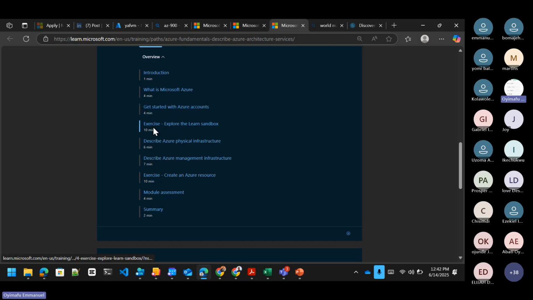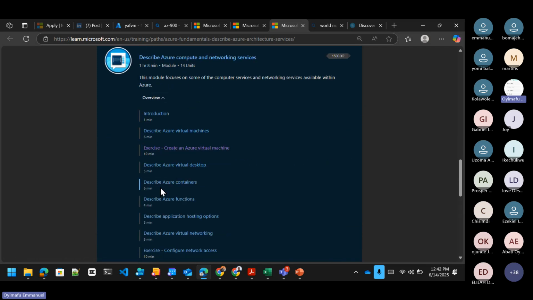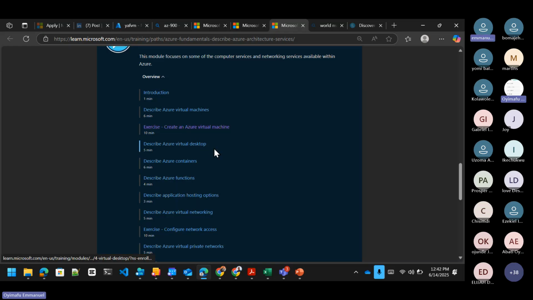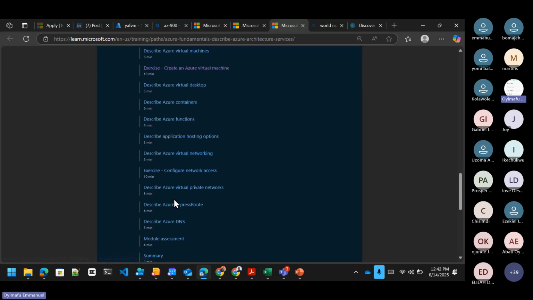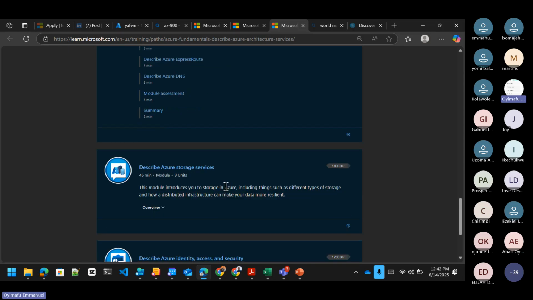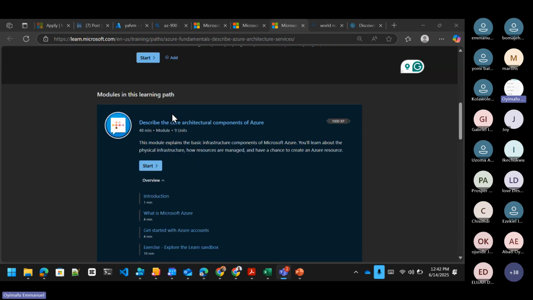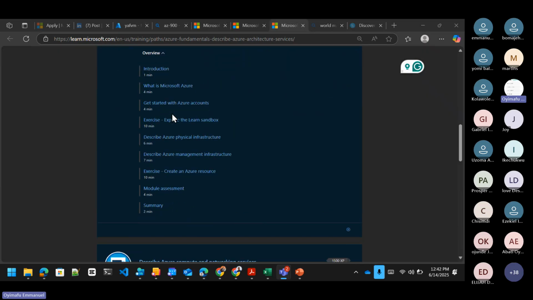We can see the sandbox exercises, explore the Learn sandbox. I'm going to be sharing all these links. See, compute, create a virtual machine. With all this, you can configure network access. I'm going to share all these links to the chat so that anybody that wants to get hands-on gets it. The person will not say, I don't have a subscription. No. Even if you don't have a subscription, you have something that Microsoft has given you that you can use,